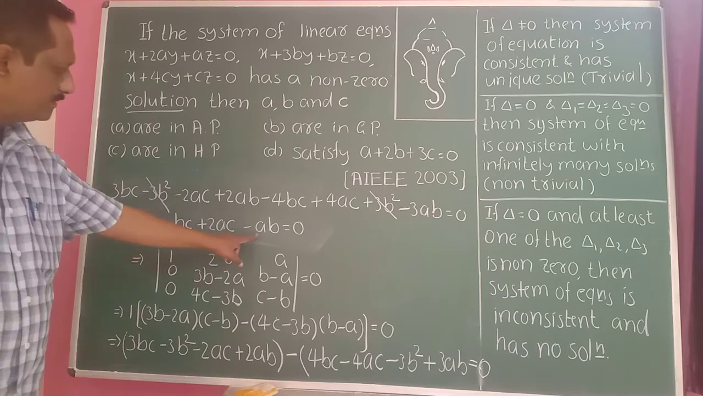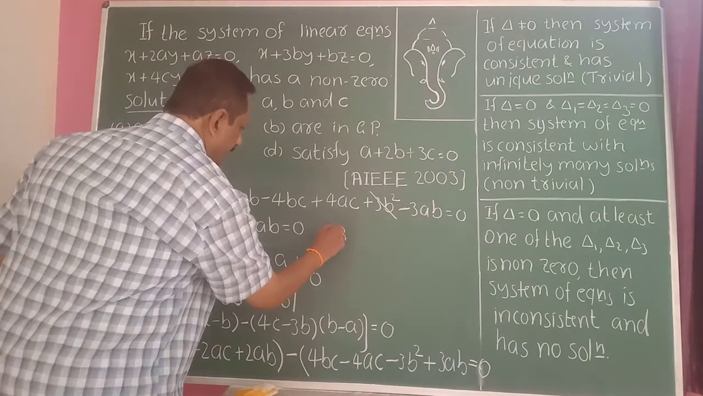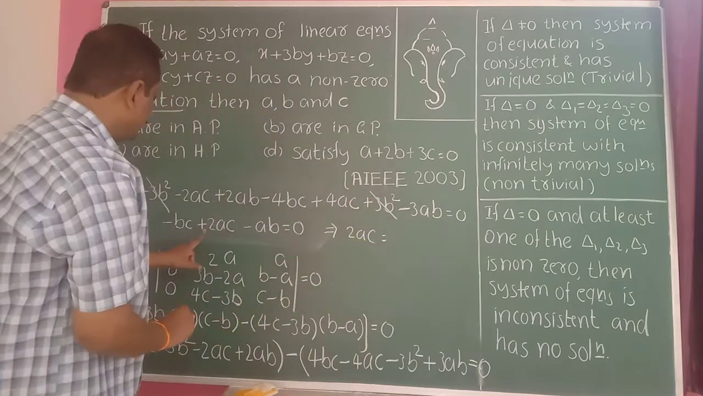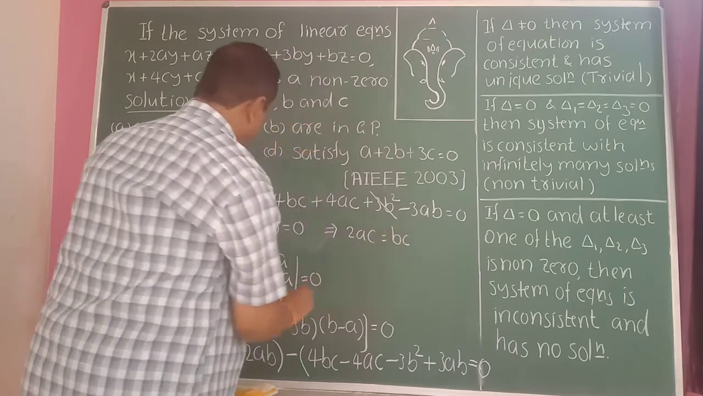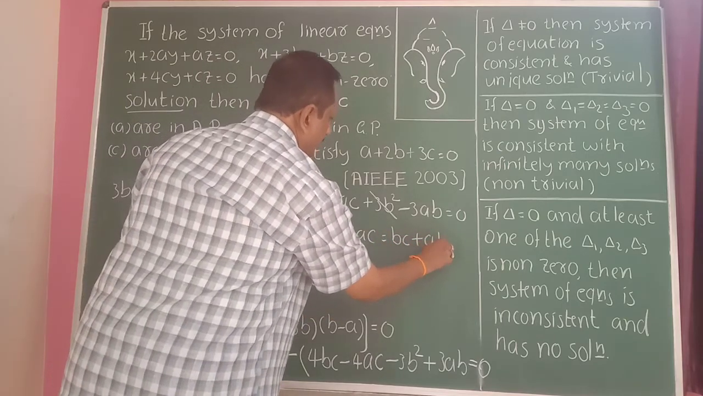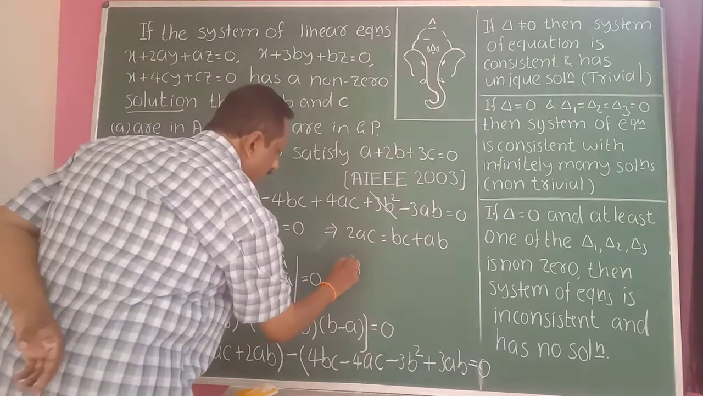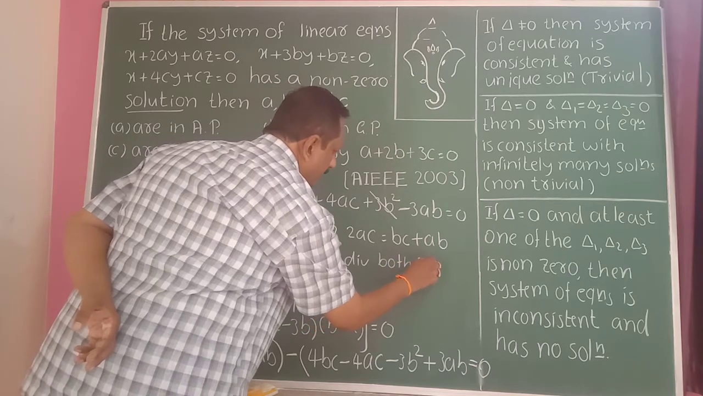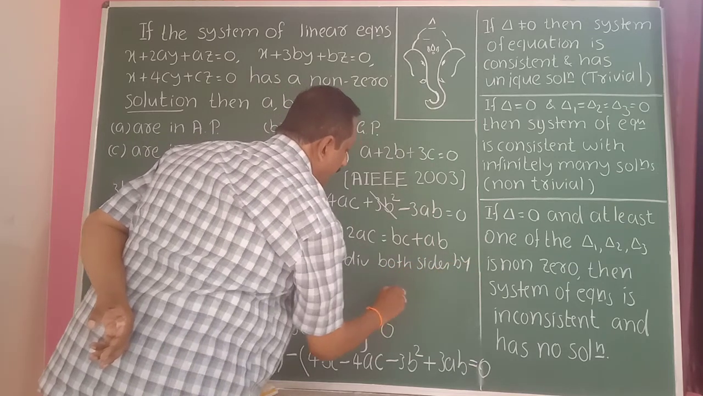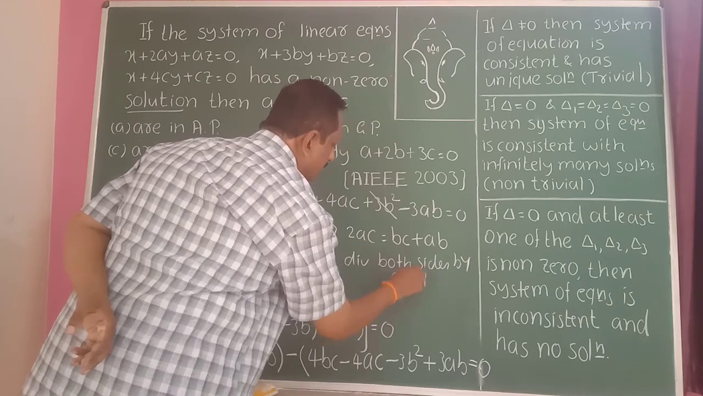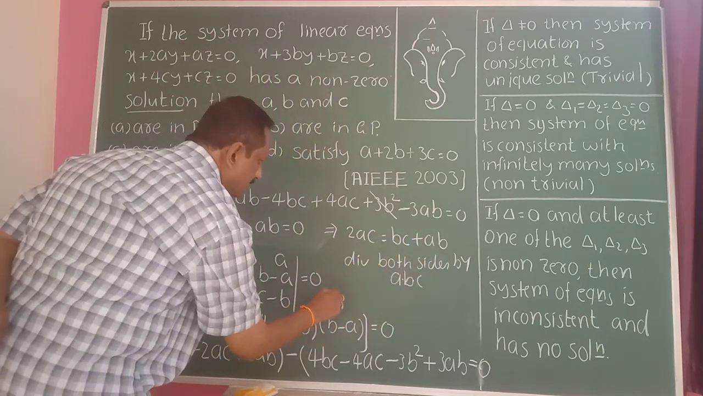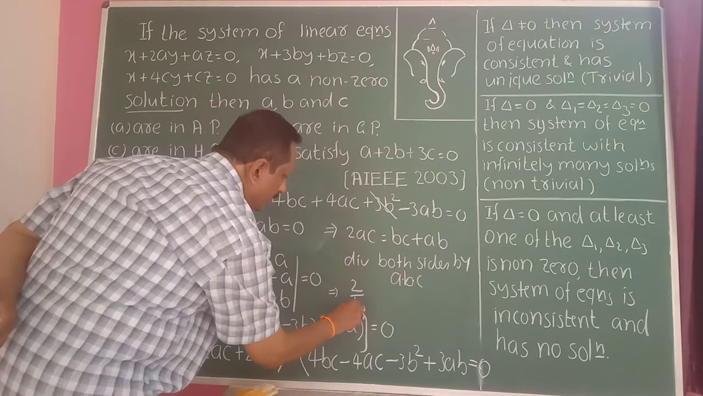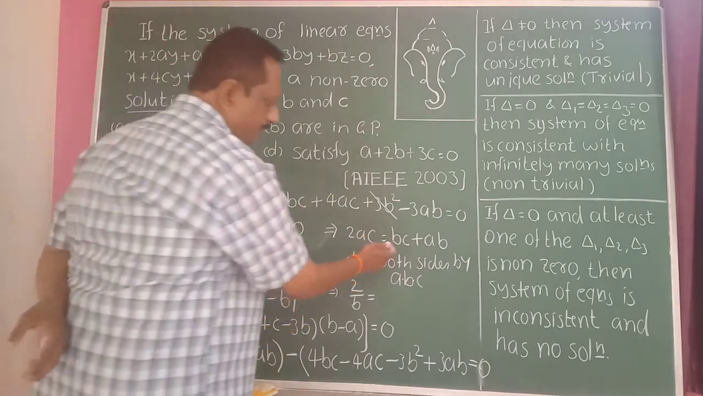Then take these two terms to the right hand side. So this implies 2ac is equal to bc plus ab. Minus bc becomes plus bc, minus ab becomes plus ab. Then divide both sides by a into b into c. If you divide here, what happens? Dividing by abc, here ac and ac cancel, so it gives 2 upon b is equal to bc upon abc